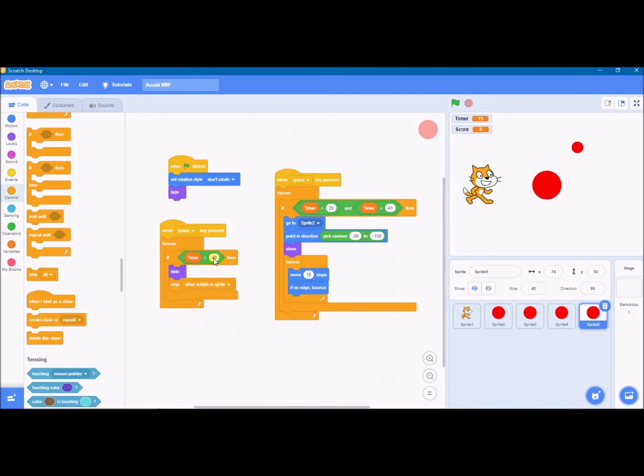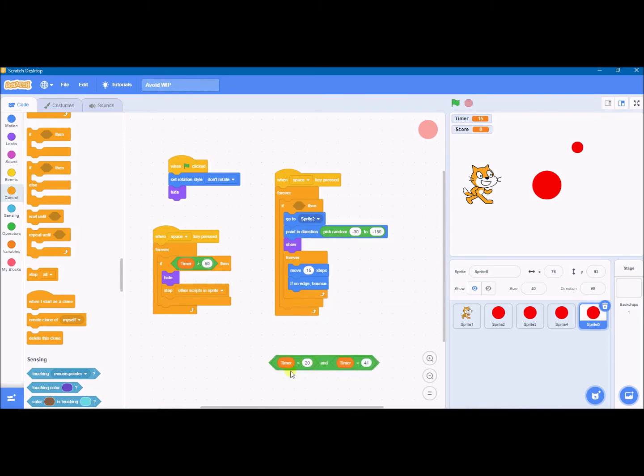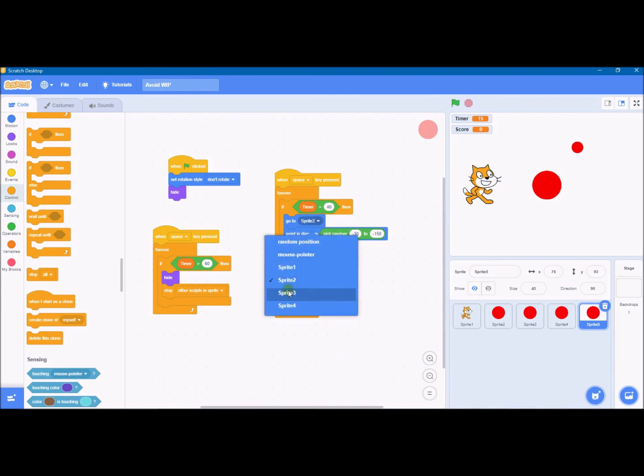So first off, down here at the end of the game, so when the timer has got to the end, so when the timer's got to 60, we're going to get it to hide and stop the whole thing. We're going to change this section. So if the timer is greater than 20 or less than 41, we don't need those. So we'll just use the greater than 40. So if the timer is greater than 40, so the timer has increased into the final third of the game, we are going to go to sprite number 3. We'll go to sprite number 3 and we'll pick a random direction to move in. Okay, I can then duplicate this sprite